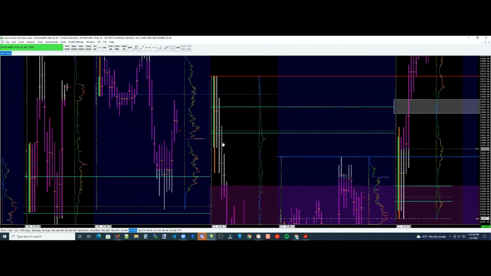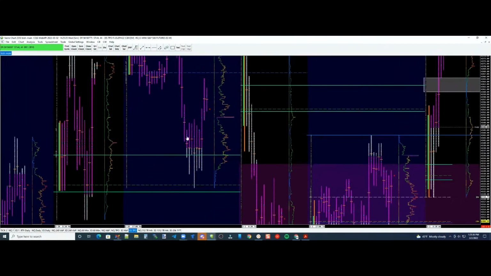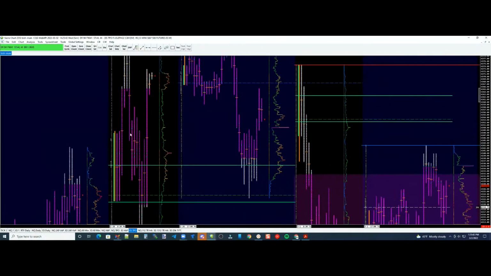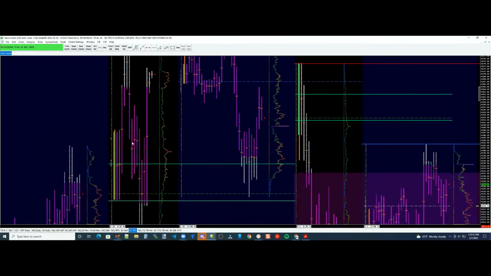All right. Now, there's the 80% rule. Whereas if you leave, let me see if I can find one. So you leave the IB and then you get back inside the IB, 80% chance you trade through the entire IB. Okay, happened right here. But did you just drop straight through the IB? No, you dropped into it, you came down, you came back up, you dropped back down, and then you got back through it. So it's not like it's just cut and dry,